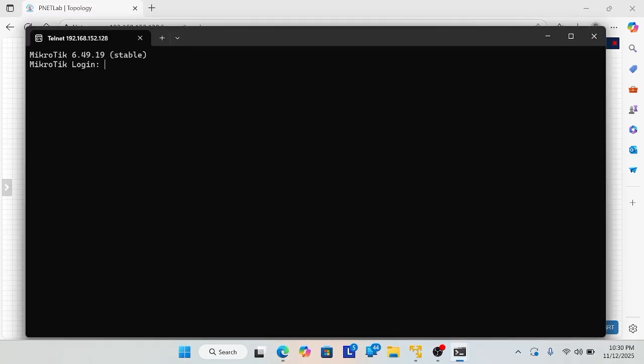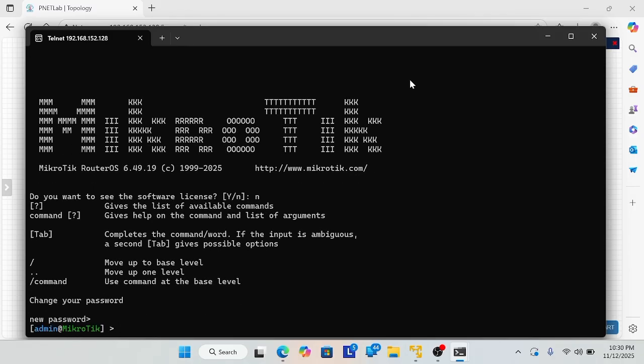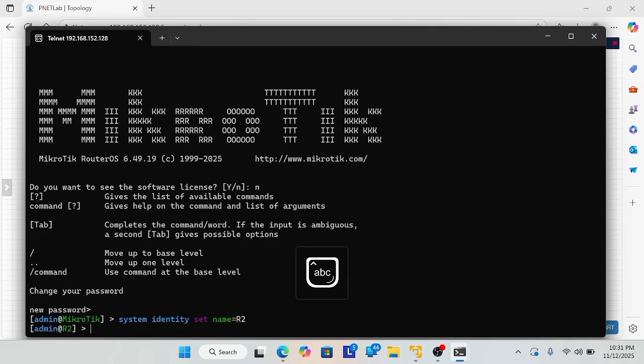Okay, and now configuration in router 2. You can open and log in again as admin, and enter. Set the name again with system identity set name router 2. Okay, enter.